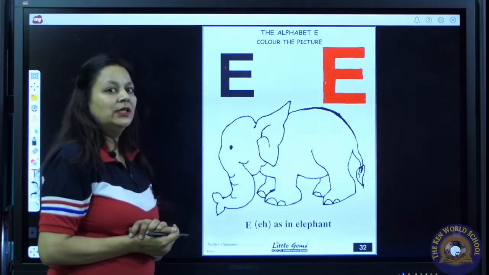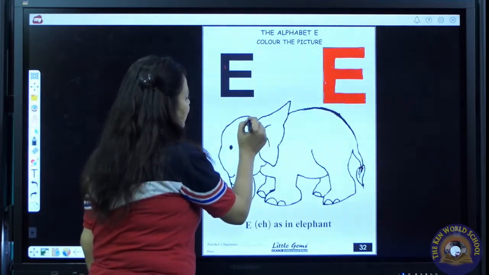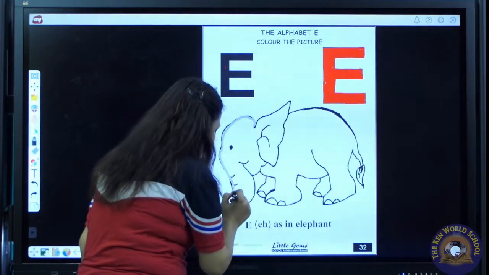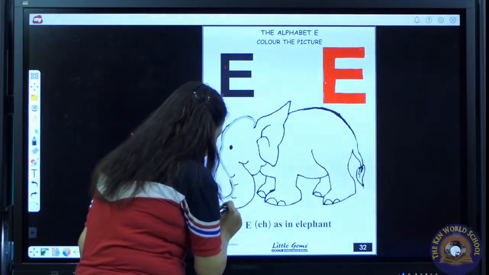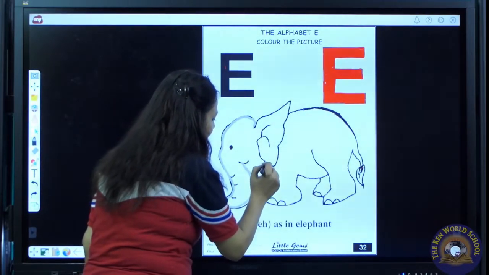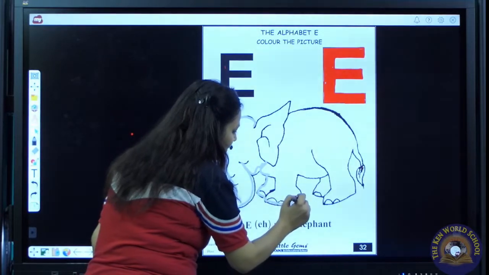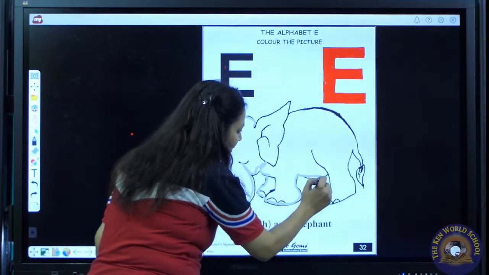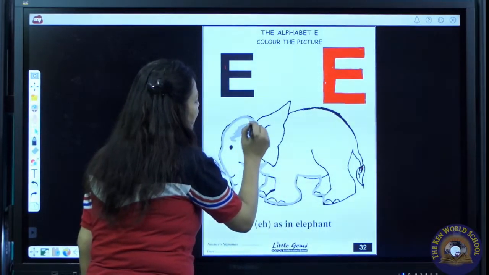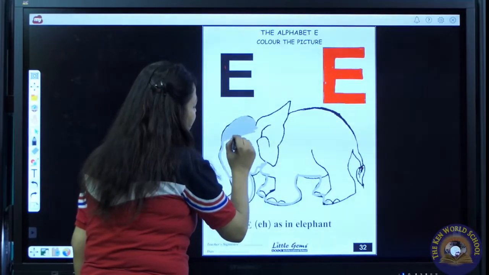You will also take out grey color. First of all, we will draw a boundary line. The color should not go out of the boundary line. We should do enclosed coloring.